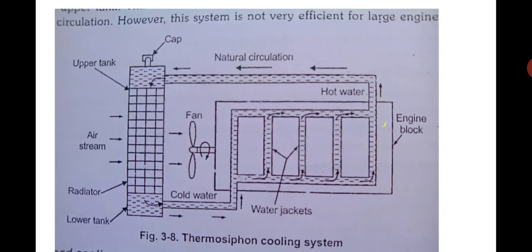Now you can see on this right side, you have got this big engine, and you have got the water jackets around the engine. Cold water enters from the bottom, from the radiator; on the extreme left you have got the radiator. From the radiator, the cold water enters the engine, and as it rises up, the temperature increases. When it comes up to the cylinder head and all, it becomes hot water. This is almost a 4-cylinder engine block shown here.